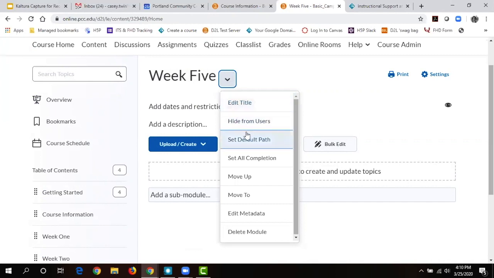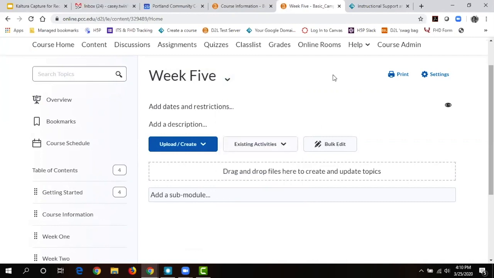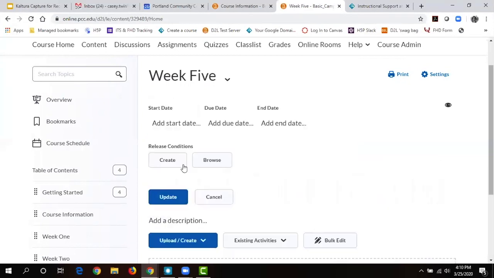And the rest of this, I wouldn't really worry about default path, set all completion, anything like that for now. That's really like level 5 D2L Brightspace use. But you might want to add a little blurb about what students might expect in that module, because the module is basically a representation of that week. So, what would you say? Something like,